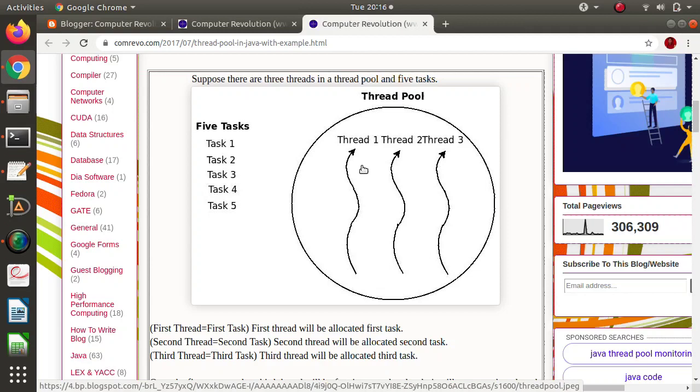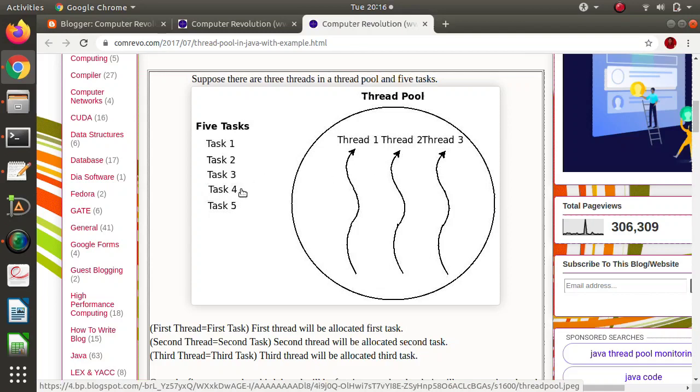Now these threads will run on the processor core. Whenever a processor core is freed, or in other words, whichever thread has completed its task first, that thread gets freed. So we'll allocate another task to that thread. In the beginning we have allocated task 1 to thread 1, task 2 to thread 2, task 3 to thread 3. Then suppose thread 2 has completed its work, it is free now.